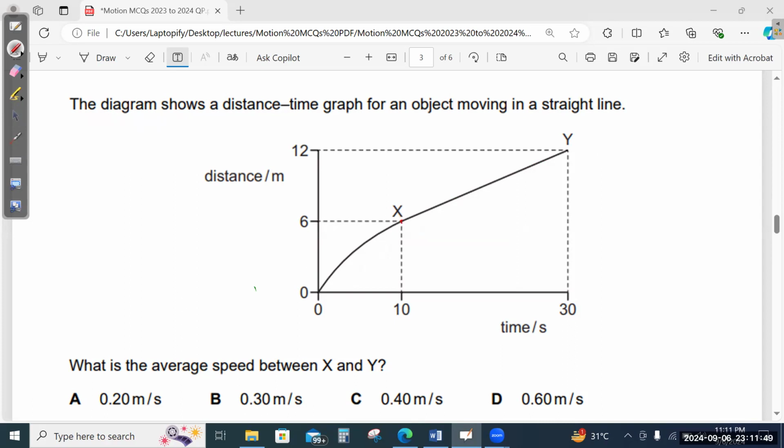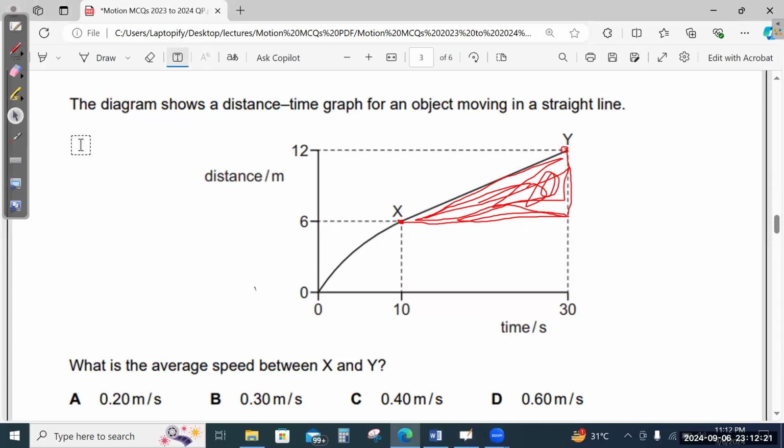So this is your first point, this is your second point. What is the process to find the gradient? You have to move horizontally here, and from that point you have to move vertically downward, then you will make a triangle. This is a right triangle. So how do we get the gradient? The formula is that